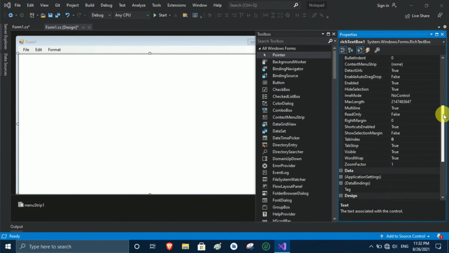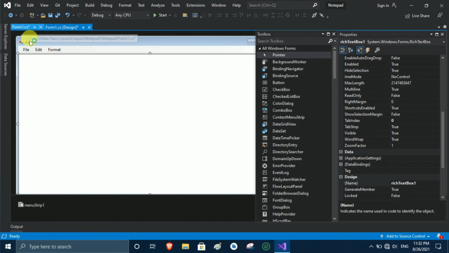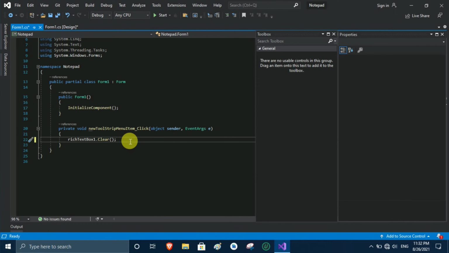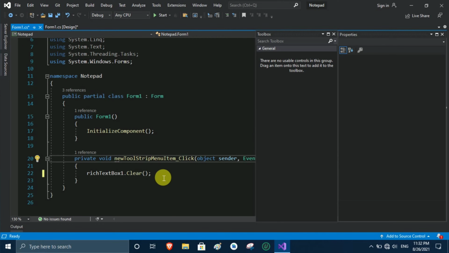When we scroll in properties you see the name is rich text box 1 of this rich text box, that's why I write this name in command. Okay, so we again go to command and here you see rich text box 1 dot clear. Clear is a function that clears the screen that allows us to create a new.